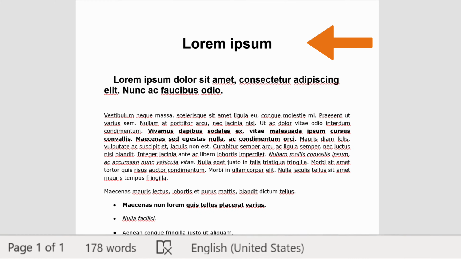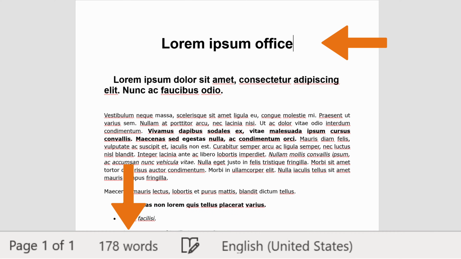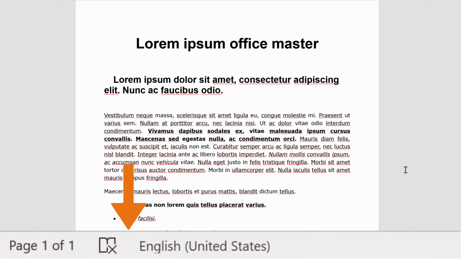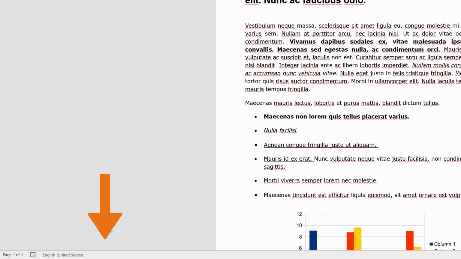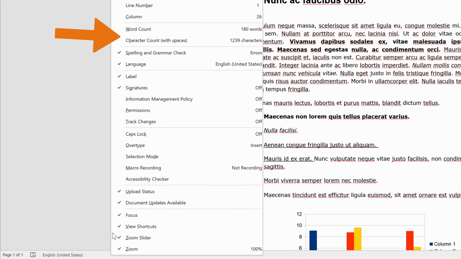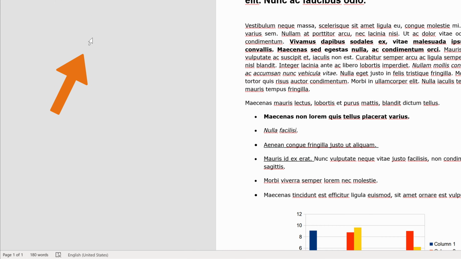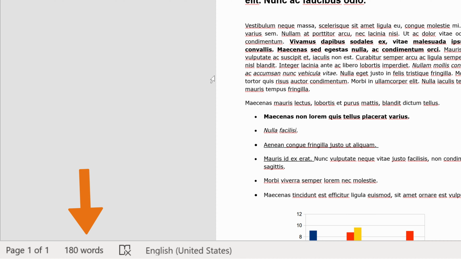When typing in a document, MS Word automatically counts them. However, sometimes you can't see how many words there are in your document. This usually happens when you haven't set this option to be displayed on the status bar. So here's how you are going to do so. Navigate to the status bar and right-click it. After selecting the option Word Count on the pop-up menu and clicking back in the Document's Work area, the exact